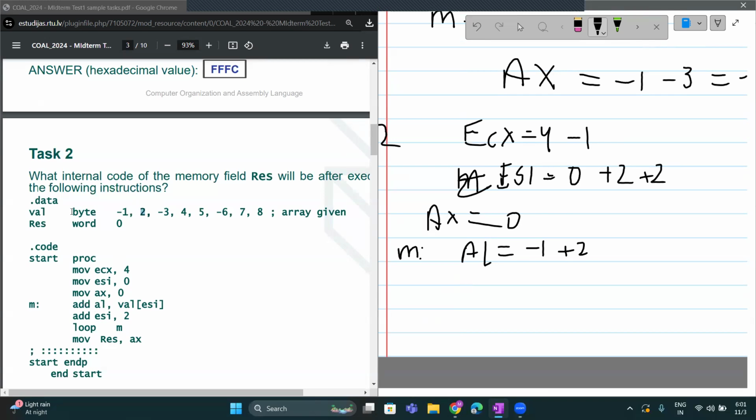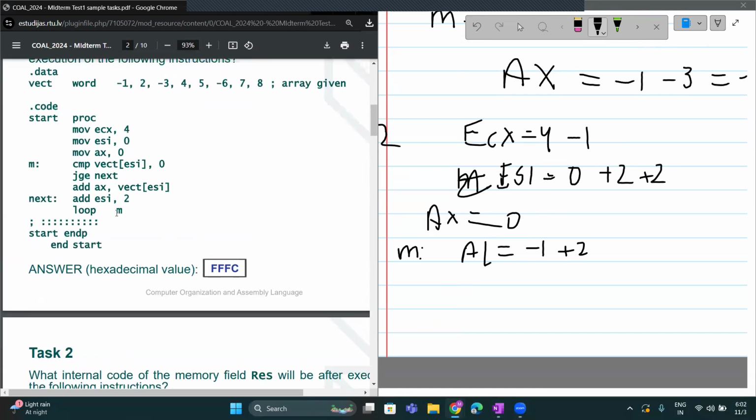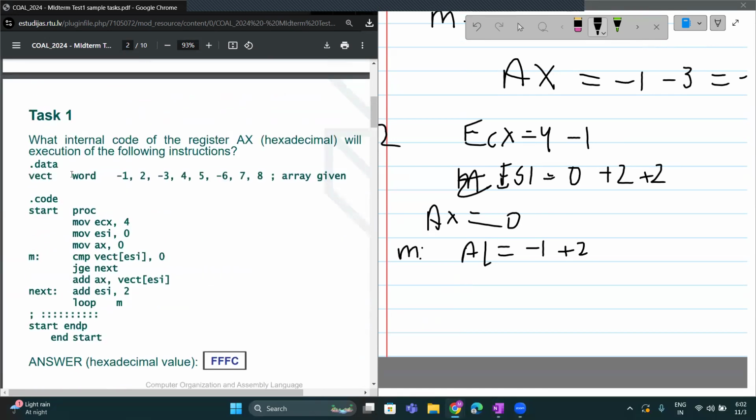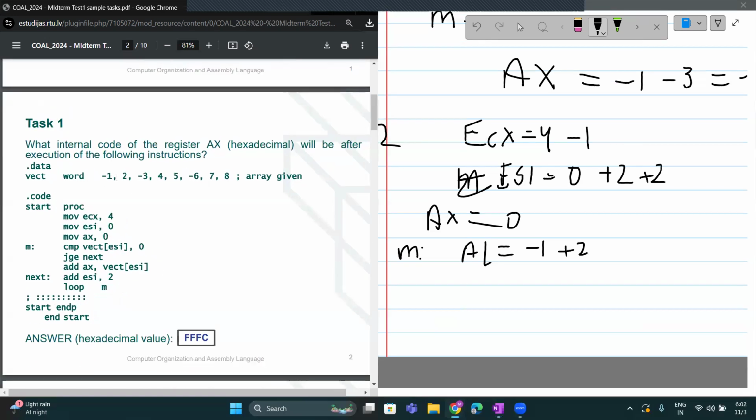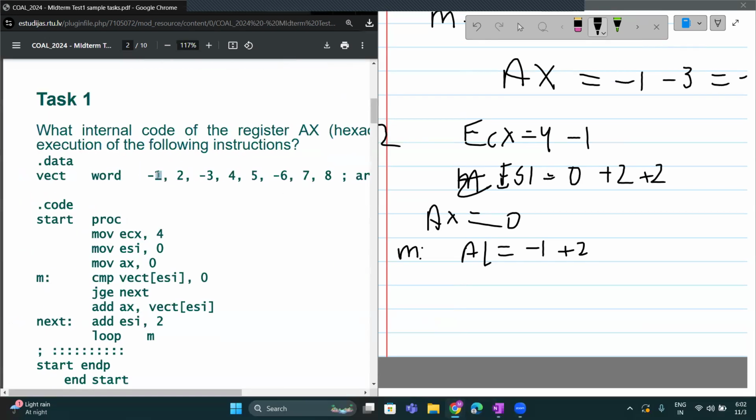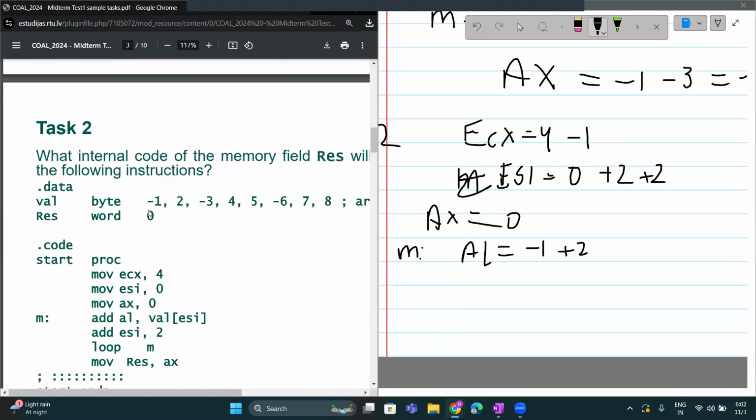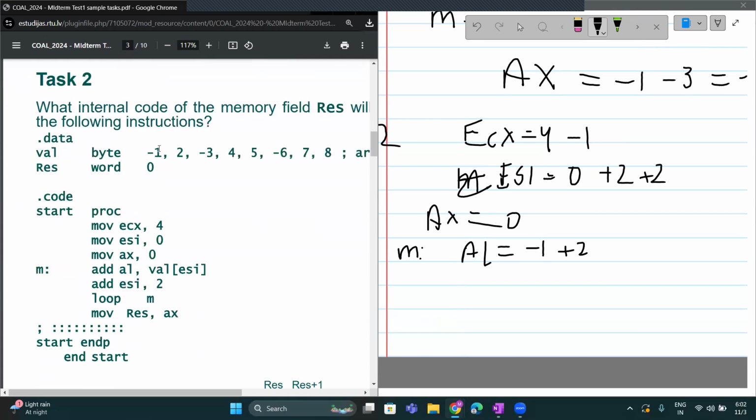Here these values are stored into bytes. Very, very important detail. Here, when it was stored in Word, we were able to loop through every element. That's why we were adding plus 2, because there were 2 bytes. But here it will skip one of the,